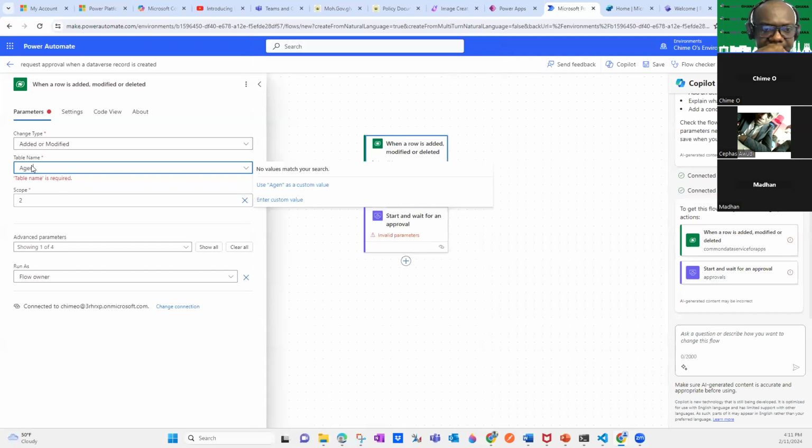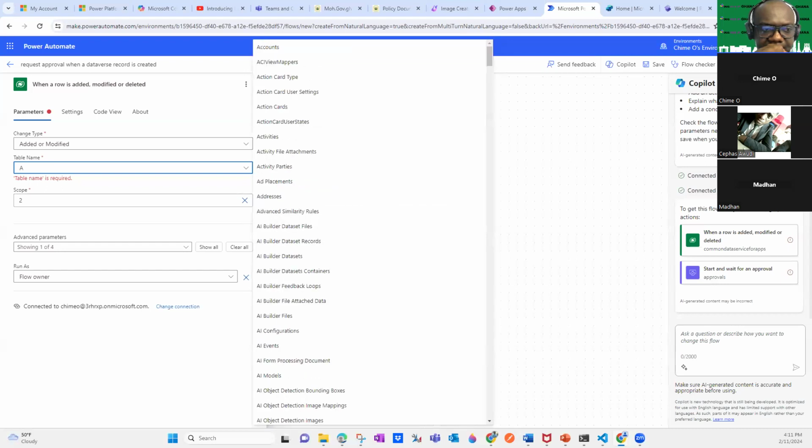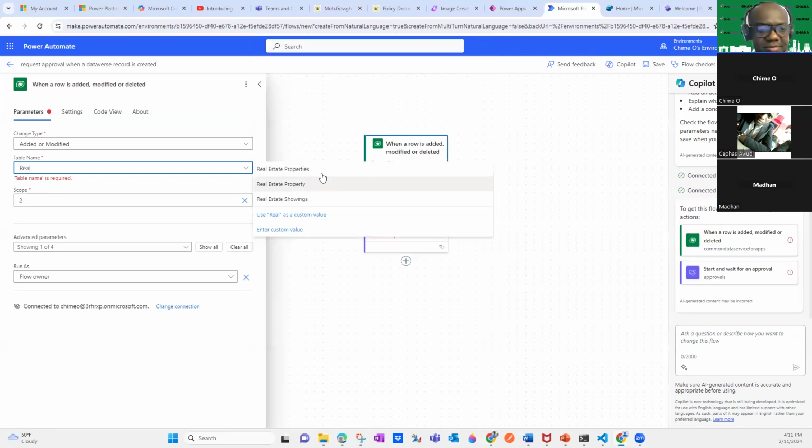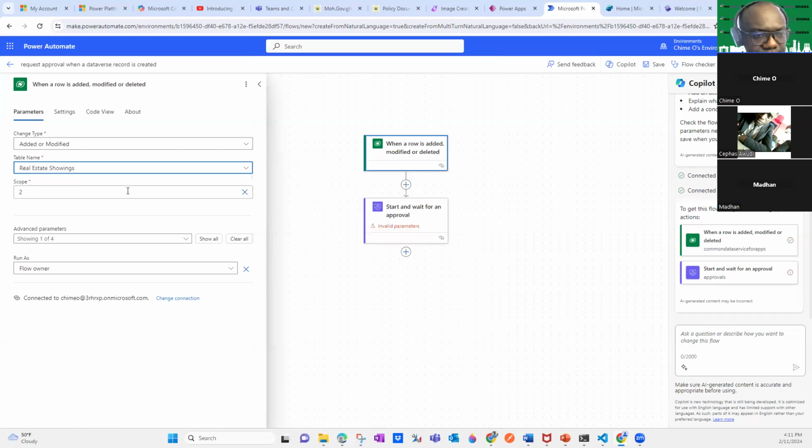It should be there. Real estate, isn't it? Something to do with real estate. But I hope you guys get the picture. Obviously this is a demo: real estate property, real estate showings, things like that. Just make sure you select the table where those values or attributes will exist. So that's been done.